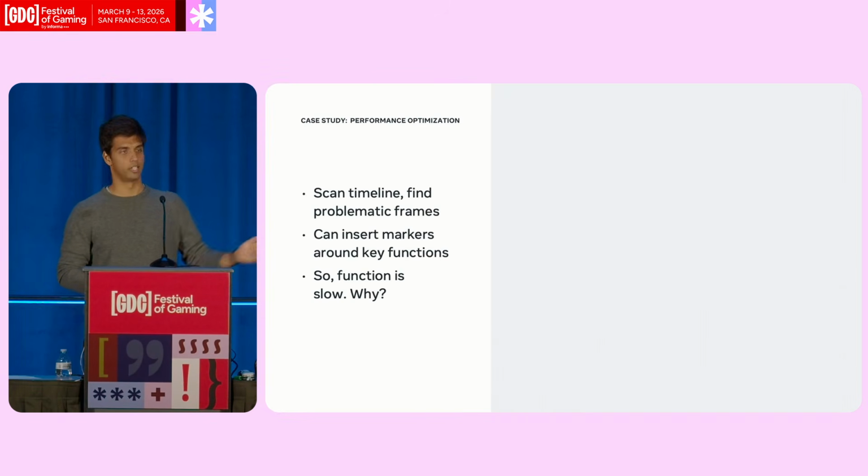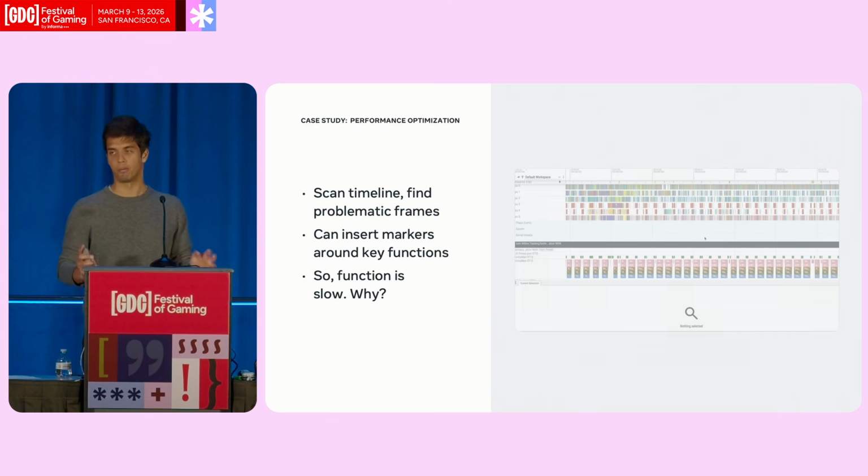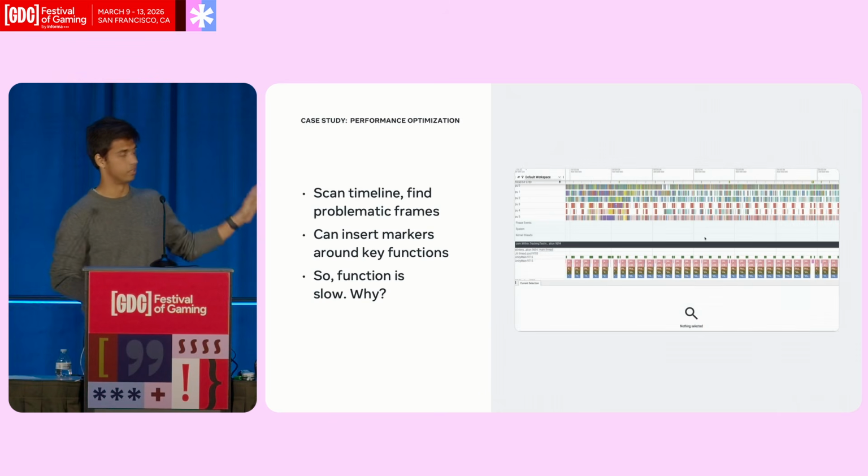So the first really nice workflow idea is just scan the timeline and find which frames are problematic. This is pretty underrated, but you can do this because you can zoom in and out really easily. So here we're actually zoomed out pretty heavily. You're looking at every frame in sequence. And if you squint closely, and it's a lot easier when you're the one controlling it in the computer, but